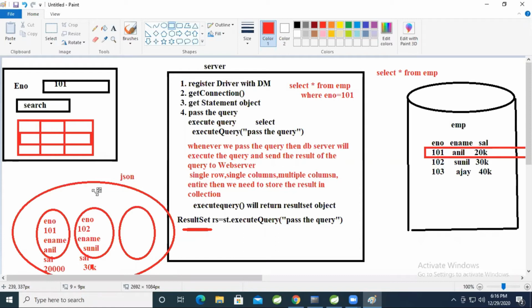If you develop the total application in advanced Java, the total application code will execute on the server. Network traffic will increase. Burden on the server will increase. Performance will decrease. Now, if you take heavy traffic websites like Amazon, some millions of users will connect to the server at a time. When the Amazon big sale is going on, they have to do minimum 800 to 1000 crores of business.